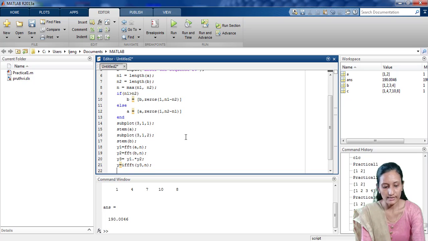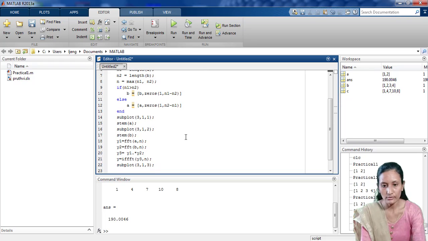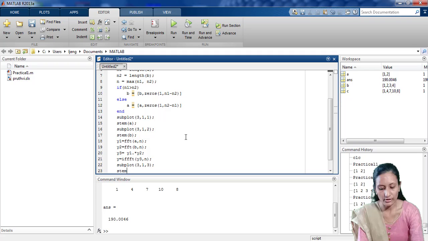Now we have to plot this graph. So for that I am using subplot with 3 rows, 1 column, and on the third position I am going to draw this graph. So in this we have to plot this. So for that I am using